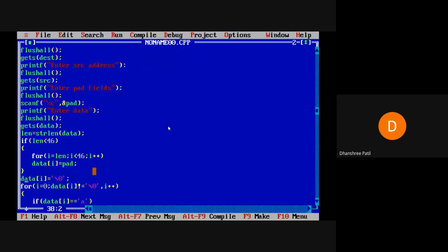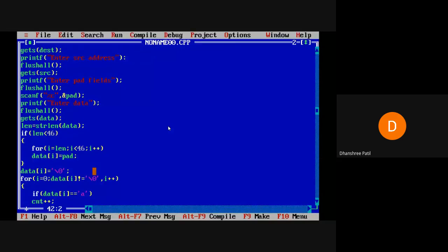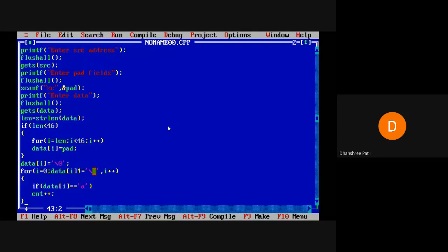Okay, now everything is entered, data is entered, padding bits we have checked. Only one thing is remaining, that is nothing but the checksum. So 802.3 uses CRC to check the error. But again, writing the CRC code in this program is not at all feasible. Writing the whole CRC code after this is not possible. So for that, what we have done over here is we have checked just one condition, and if that condition is satisfied, error is there, otherwise no.